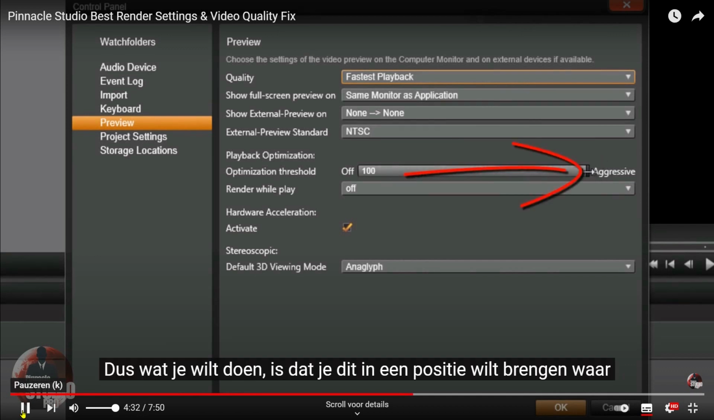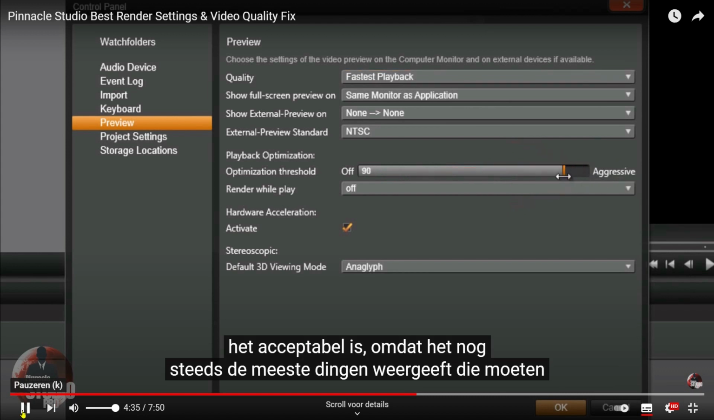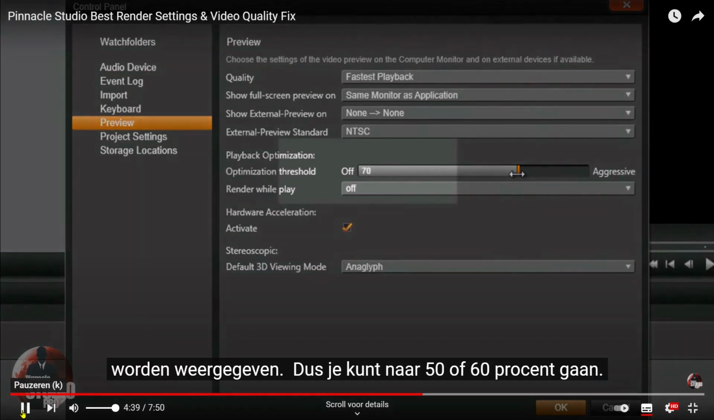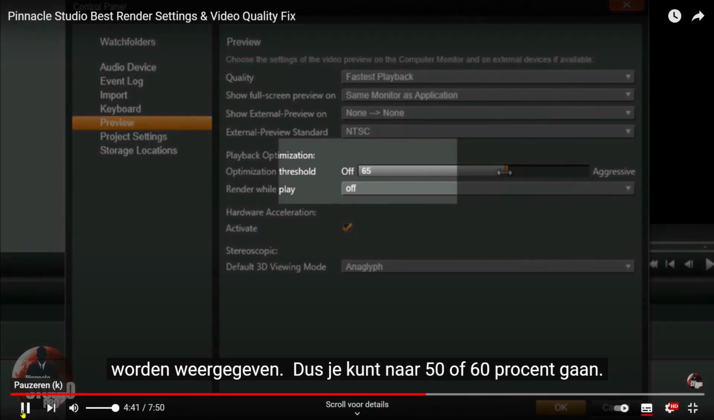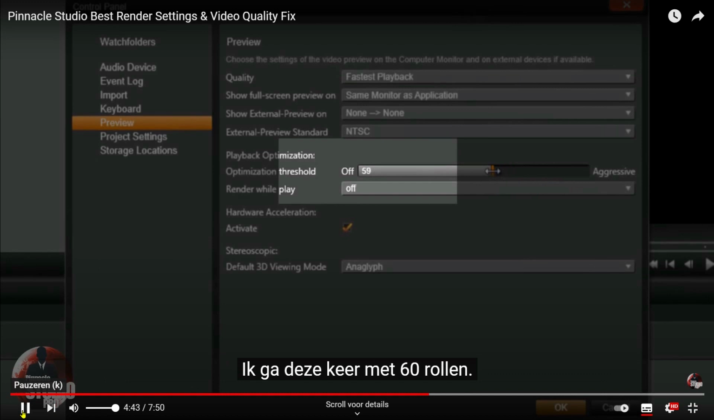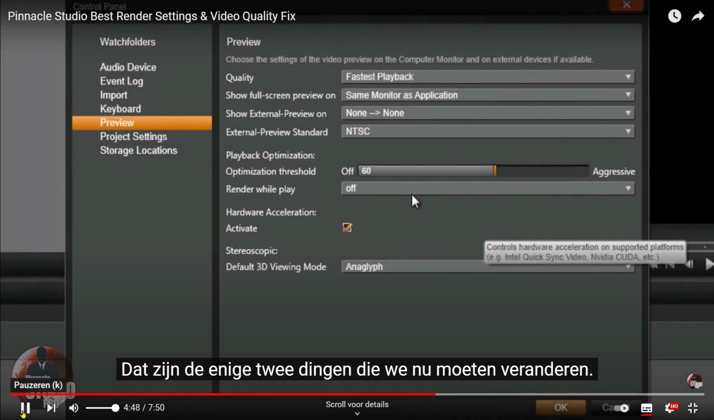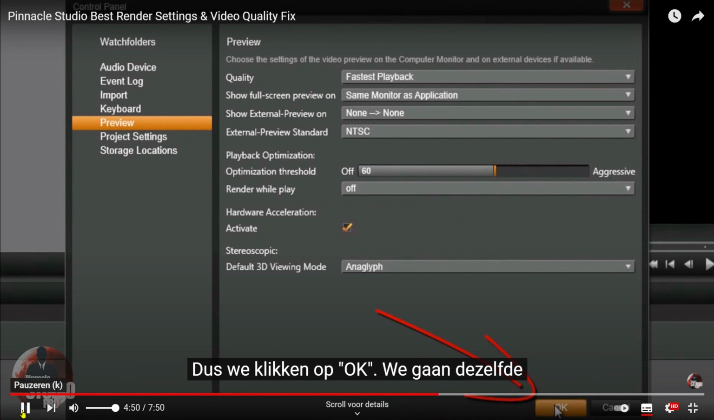So what you want to do is put this to a position where it's acceptable, because it will still be rendering most of the things that need to be rendered. You could go to like 50 or 60%. I'm going to roll with 60 this time around. Those are the only two things we need to change right now. So if we click on OK,